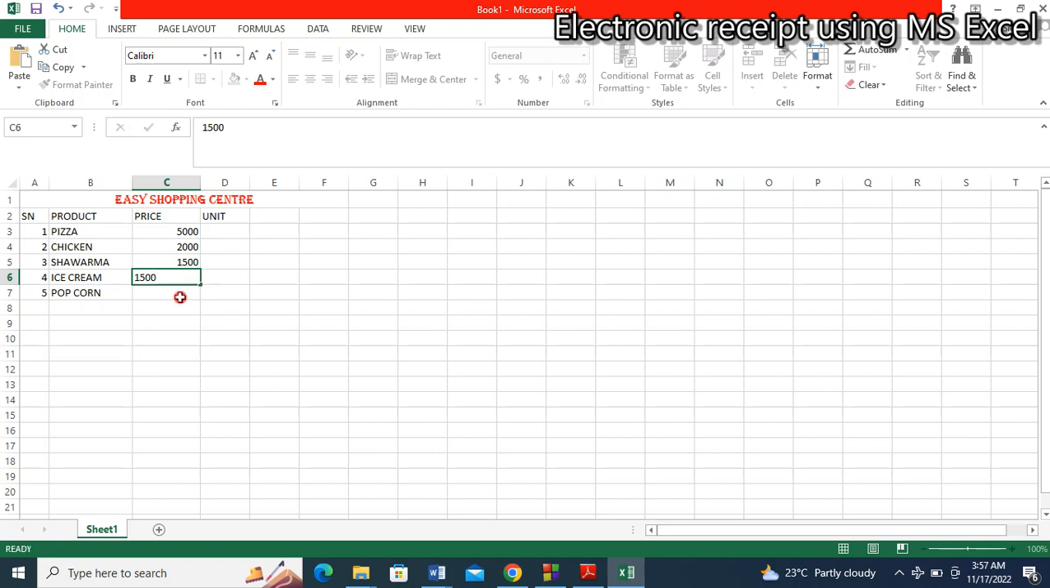Then popcorn is sold at the price of 500 naira. Okay, here we're going to have the unit. That is how many of each of these items did our customer buy. Let's say the customer bought